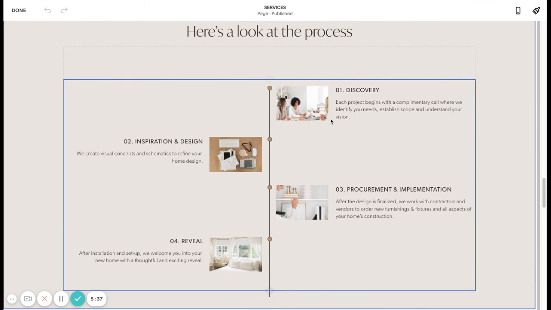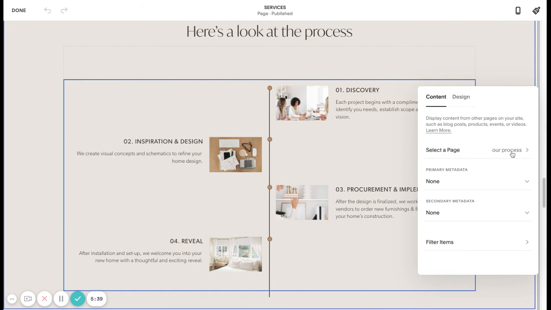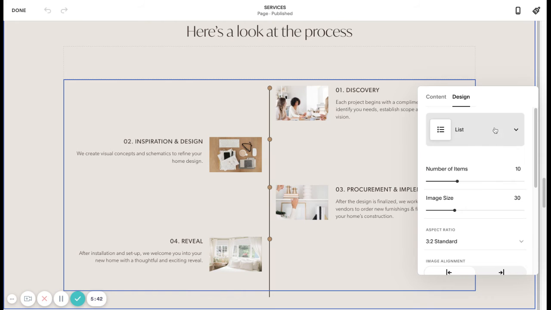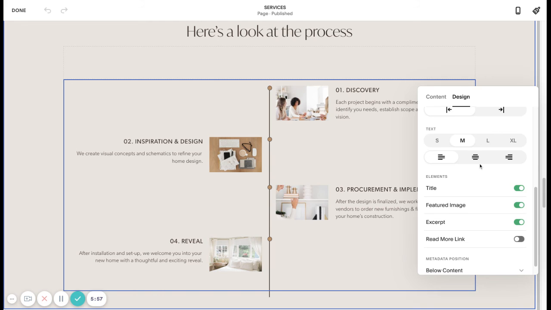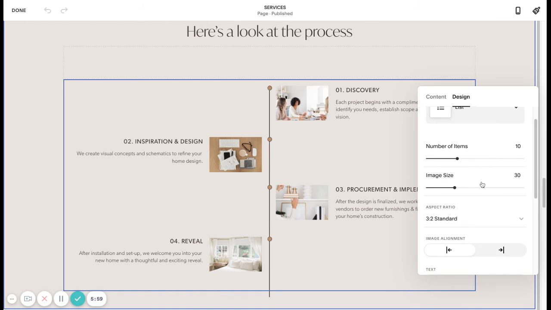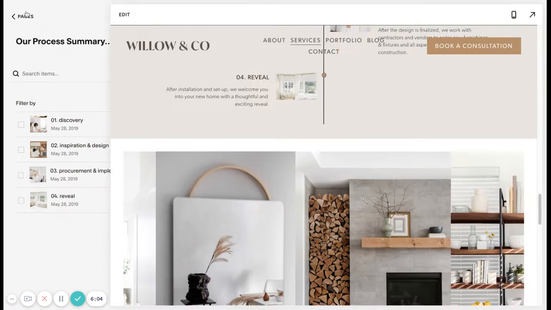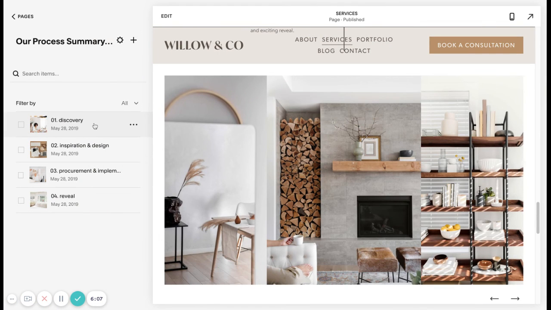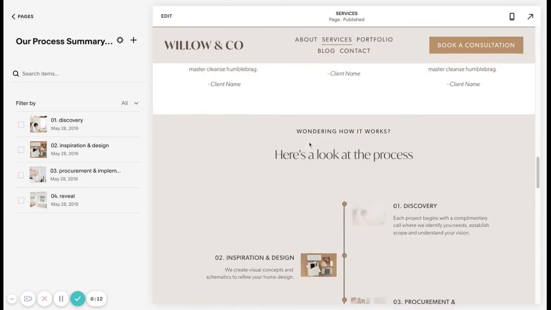So if we come here, you can see we have a summary block and we're pulling our process. Right now we have it as a list section. So for this particular section, this has been custom coded in and it needs to be in a list in order for this to work. So these particular settings are really important. So you don't want to mess with these, but what you can do is adjust these. So you can adjust your images, you can adjust your steps, what have you. All of those can be adjusted there